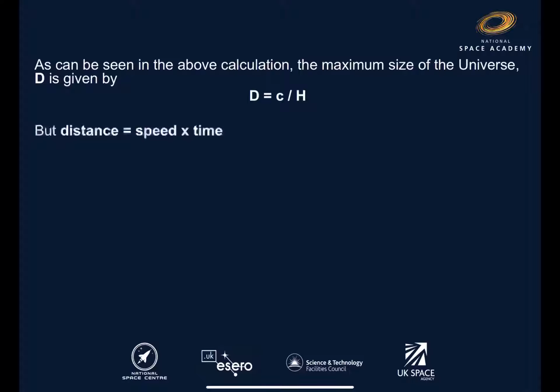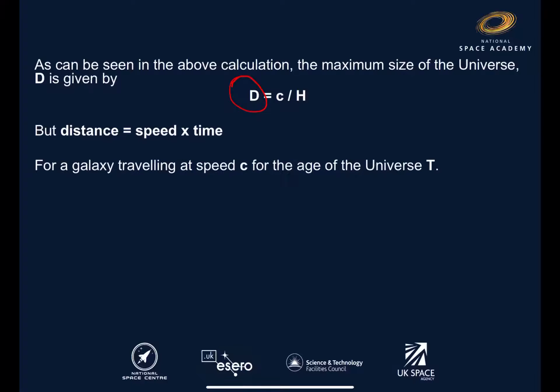But we know that distance is equal to speed multiplied by time. And what we're getting here is a distance, the maximum size of the universe, the maximum distance it's expanded. If that's equal to speed multiplied by time, for a galaxy travelling at the speed of light,